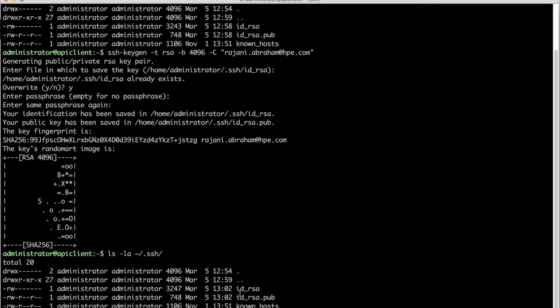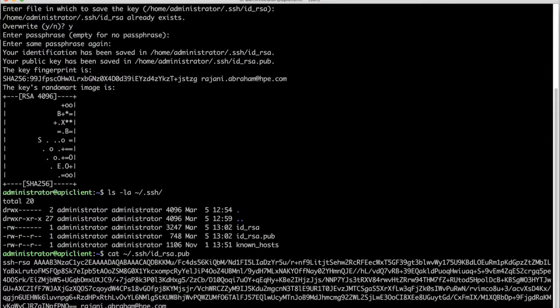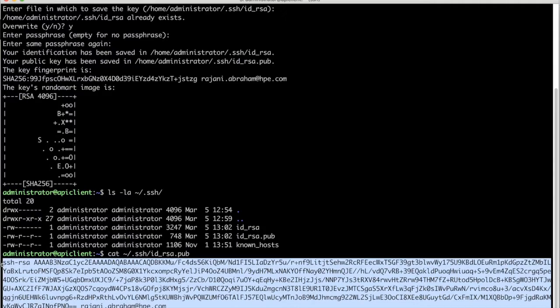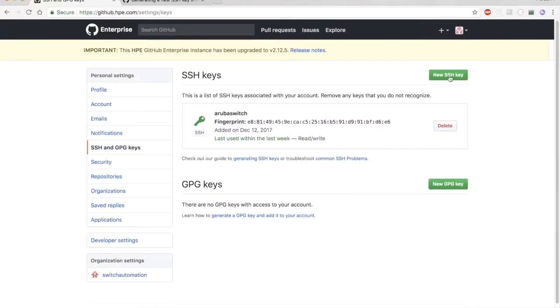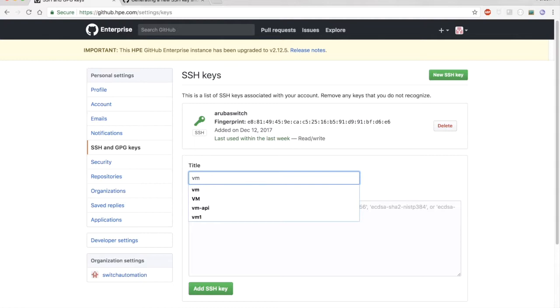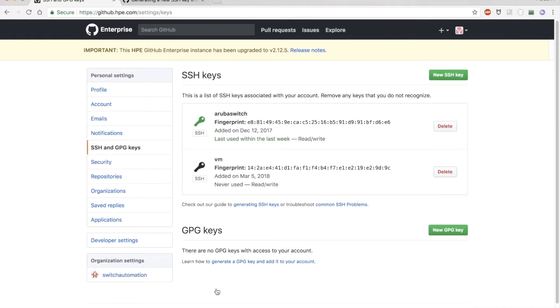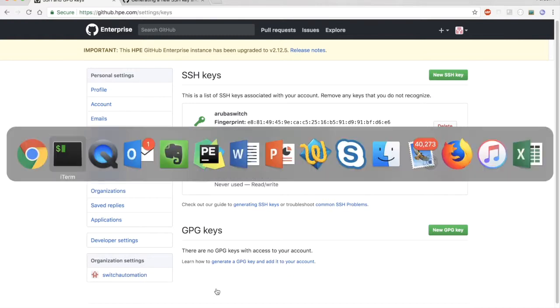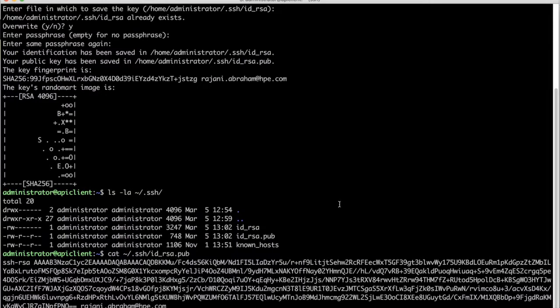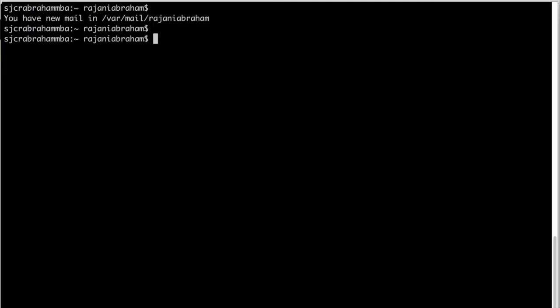Once you have this key, copy that key into your GitHub. So rsa.pub, copy exactly the whole string without an extra character. Go back here, add a key. In this case, I'm just giving a VM name and add SSH. Once you have linked your VM and the GitHub, go back to your VM and then download your GitHub repo. So I already added my system over here. In order to make it easier, I generally create a